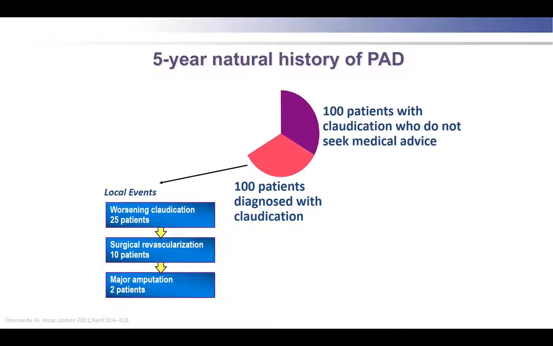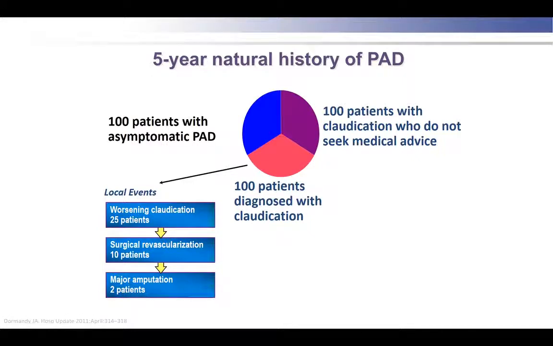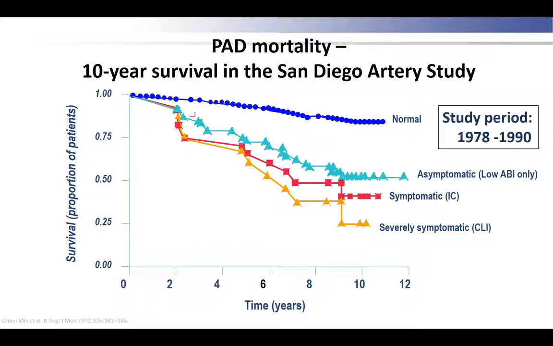But for every 100 patients who are diagnosed with claudication, you've got 100 folk who are saying, oh, it's my back, oh, I'm getting old, it's my hips, I'm stiff, my legs are sore. They don't go to a doctor. And you also have another 100 patients who are asymptomatic, mainly diabetic patients with their peripheral neuropathy. And the problem is that it's not the claudication that's the problem, it's the attrition that you see with your myocardial infarction and your deaths. So these patients really have a very poor outcome.